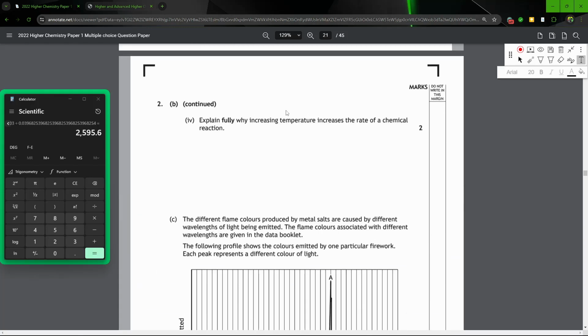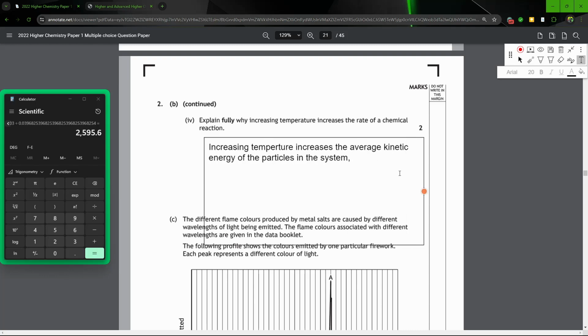Explain fully why increasing the temperature increases the rate of a chemical reaction. Okay, so an increase in temperature increases the average kinetic energy of the particles in the system, meaning more particles have at least as much energy as the activation energy for the reaction. So they can react,